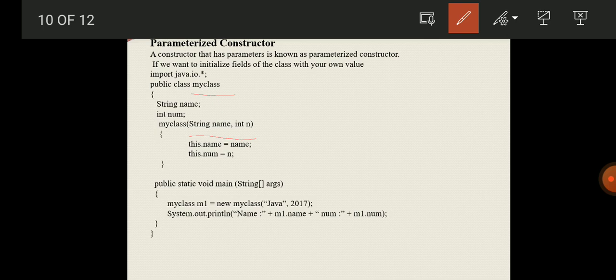Next, we have created the object m1, and we are assigning the values for name as well as n. So string name is Java and integer n is 2017. When the object is created, the values are assigned, and while printing, you will get the value Java 2017.